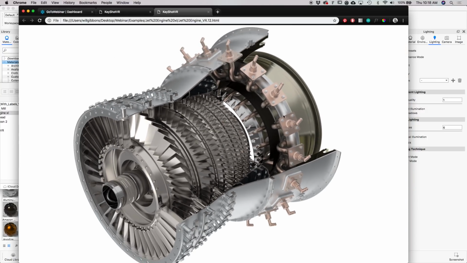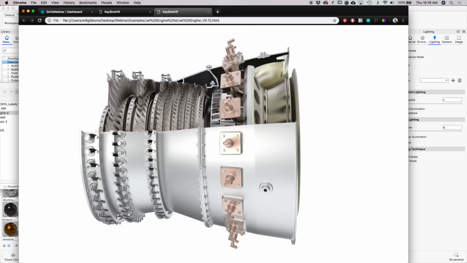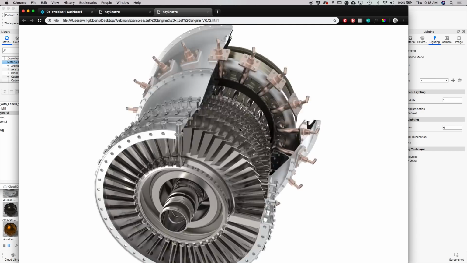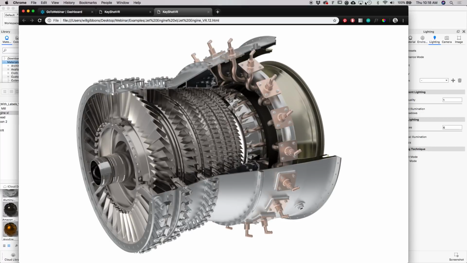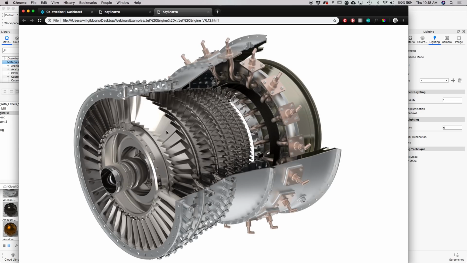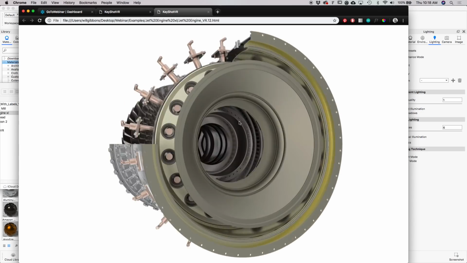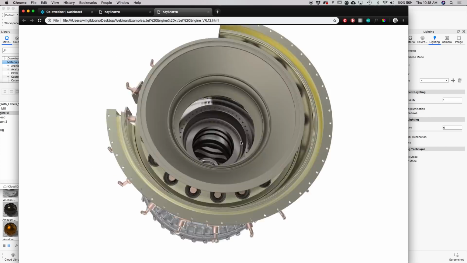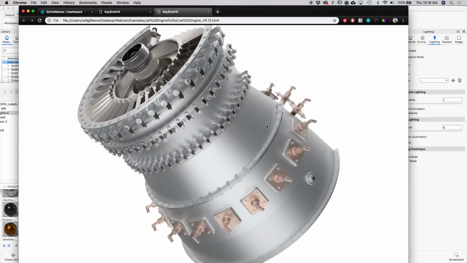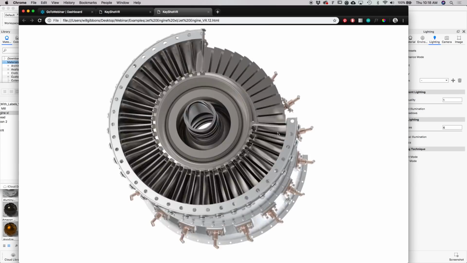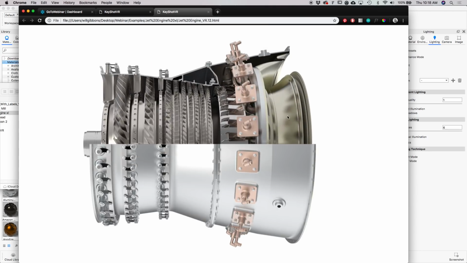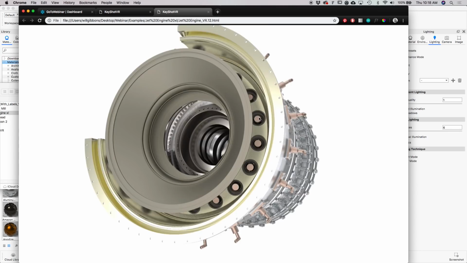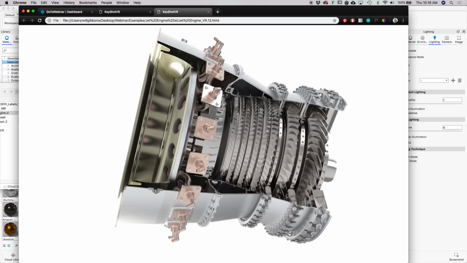So there's a couple cool ways we can do that, and I'll talk about how you set that up. This one's quite a bit larger, and it also appears pretty large on screen because I do have my display set to 1080p right now. But again, when I start to move around here, you can see I'm not confined to just left or right and up and down. I can do a true 360-degree tumble in every direction here. So this really allows somebody to reference this part and really look at all of its little details,